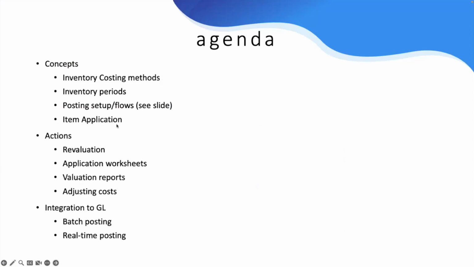Okay, so next I want to look at some specific tasks that are useful and that you might need to do from time to time, where the articles are that describe how that works, and generally just how the function works in Business Central. So the first topic to touch on is revaluation. And this is useful in different circumstances. Like I said, if you're a manufacturing company and you decide to use standard cost as your costing method, then you definitely need to revalue your inventory from time to time,